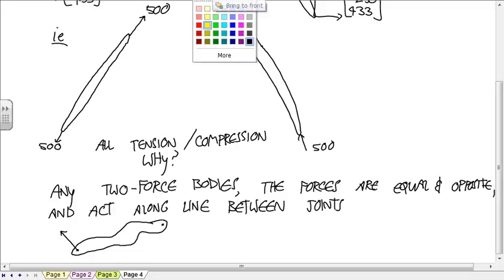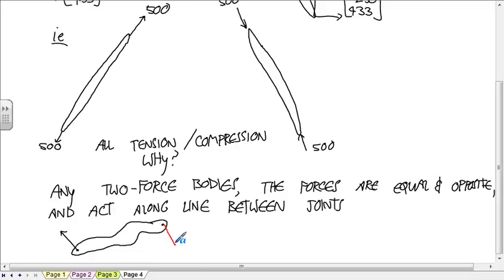It has to be equal and opposite. But then think about rotational Newton's second law. What are these going to do to this object if you have forces applied that way? It's going to rotate it, right? And so there's no way, if you have one force acting out of the line between those two joints, there's no way to put it in equilibrium with only